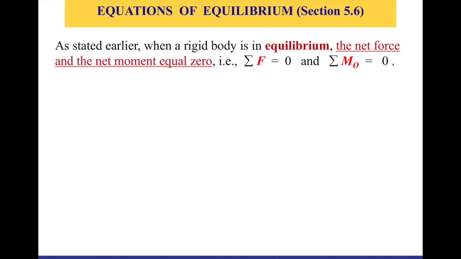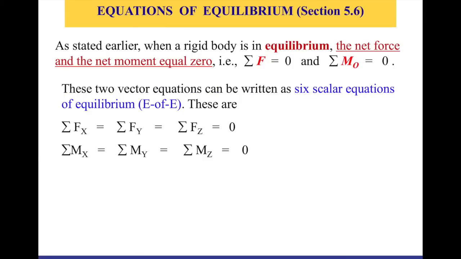Okay, so let's talk about the equations of equilibrium. As we stated before, rigid bodies are different from particles. For particles, you should be fine by just saying the summation of forces in all directions is equal to 0. In rigid bodies, you need to make sure that for equilibrium, the net forces and also the net moments equal 0 around a particular or arbitrary point. And in 3 dimensions, we have an x-axis, y-axis, and z-axis. So I can translate these 2 equations into 6